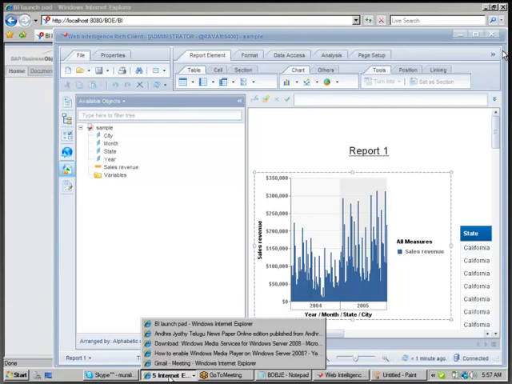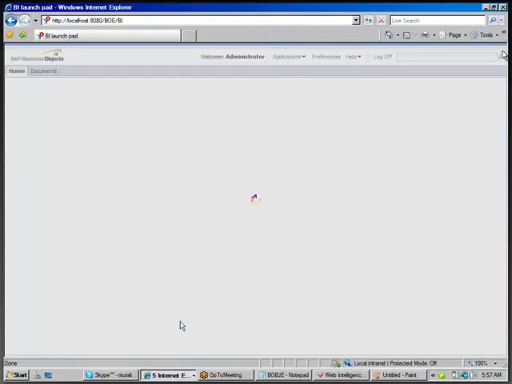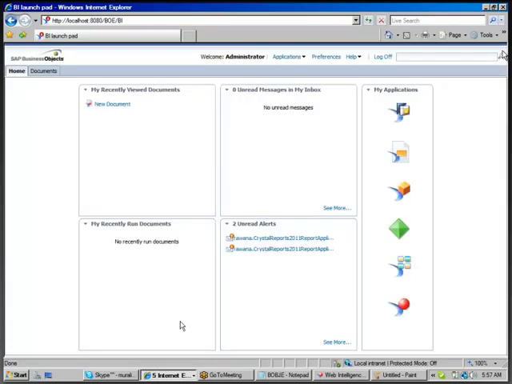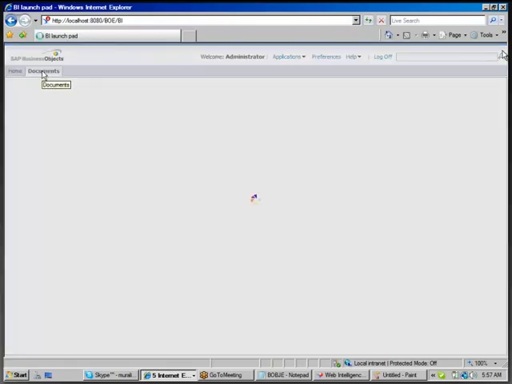The customer will type the URL for BI Launchpad, enter their username and password, and once in the BI Launchpad, they need to go to documents.